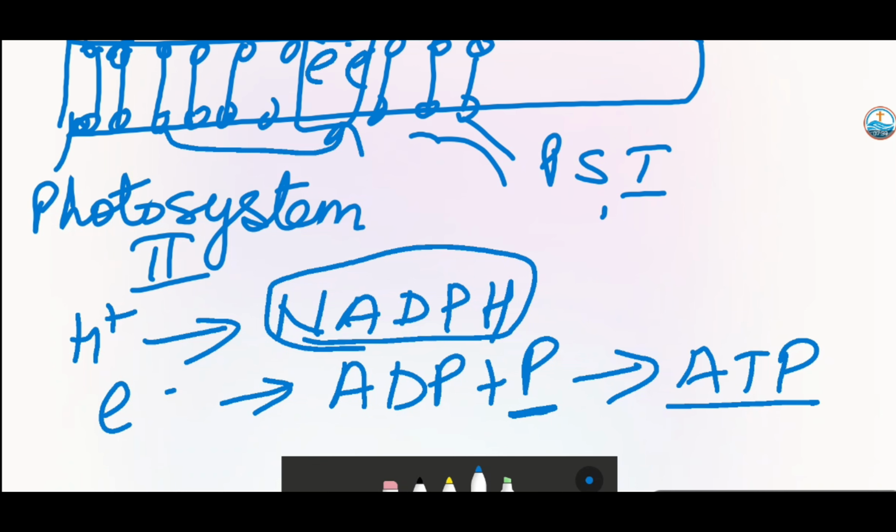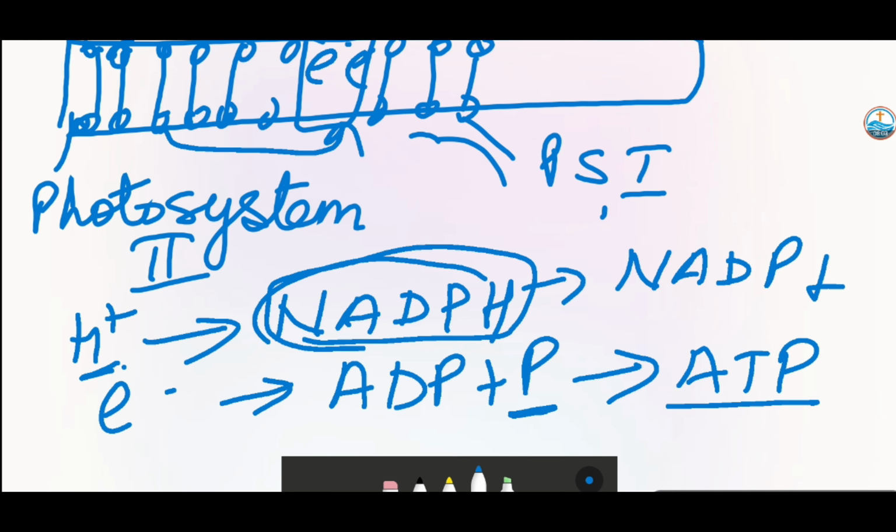So these are the two key products. I will repeat once again, this ATP and NADPH. NADPH is formed by NADP plus this hydrogen ion. So when we add this, it will form NADPH, and when a phosphate ion is added, it will form ATP. All right, and these two are the key products which are needed to make sugar or a carbohydrate in